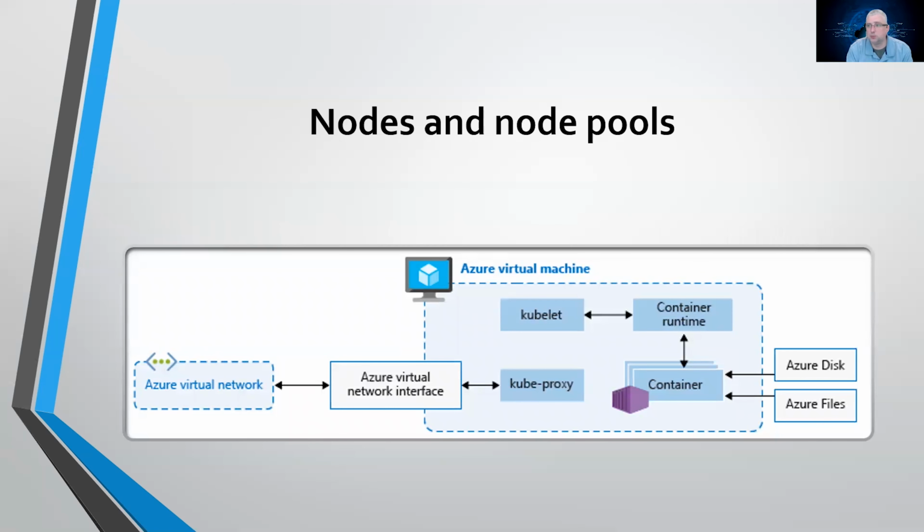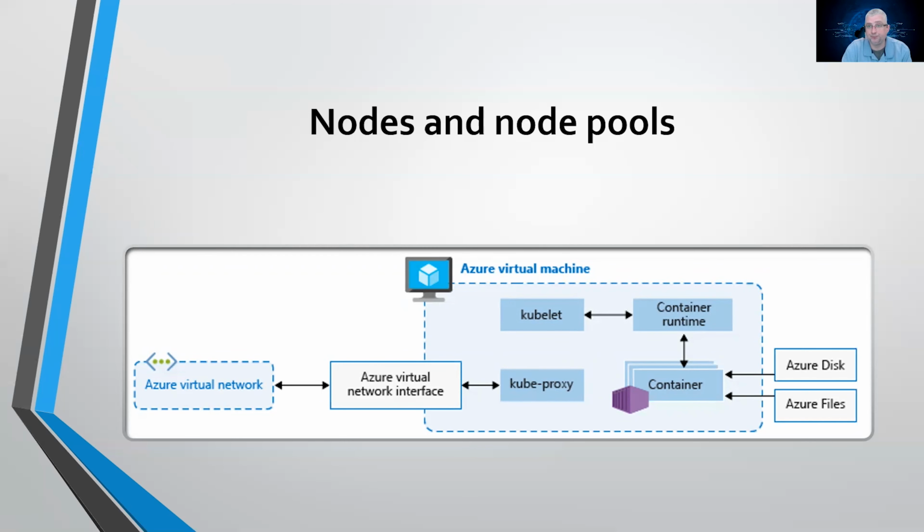So our next piece, this is what it looks like. Okay. You've got your node, which is your Azure virtual machine, and it's going to contain the kubelet, the container runtime, the container, kube proxy, right? So you've got your virtual machine, and you've got your pod here, right? Your pod has the node in it. Then you'll have disks and files and all that stuff. Okay. The pod connects and talks to the node. The container talks to the pod. So everything gets routed through. And then the node will talk to the